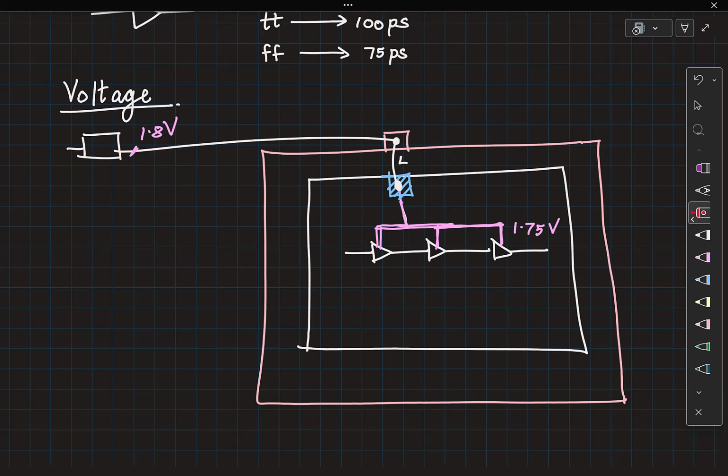I also mentioned that this path tends to have inductance, right? And what is the sort of current that the inverters and buffers are going to draw? Is it a steady current? You draw a current whenever there is a transition at the output of the inverter, right? Which means it is trying to draw spiky currents. If you look at the current waveform here, you'll see currents like this, right? Can such spiky currents flow through the inductor? So it will flow because the inductor is also not completely ideal, but then it will try to maintain that current a little constant by changing the voltage across it.